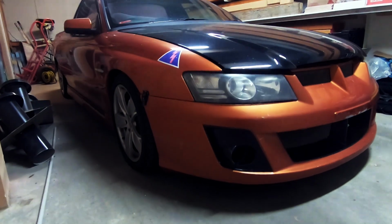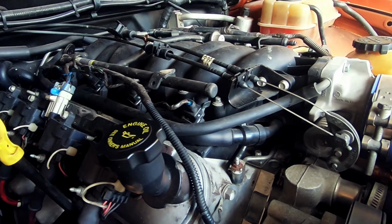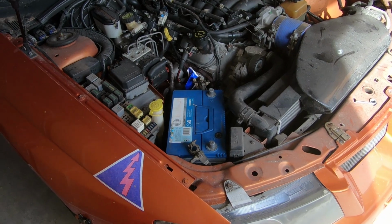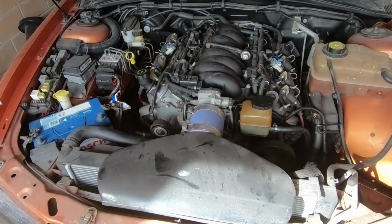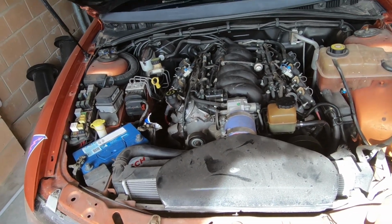So I'll give you a few specs on the Ute. The motor was swapped in, but it's only done a few rounds at Barbagallo. It's got about 200,000 Ks on the clock. It's a MAFless tune, as you can see, the airflow sensor is disconnected, and there's an intake over the radiator. Apart from that, it's completely stock standard, but it's tuned for 333 horsepower, so that should be more than